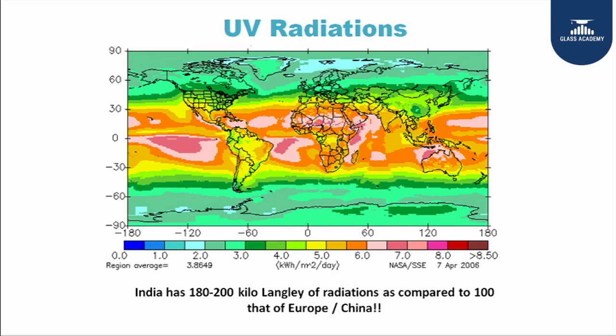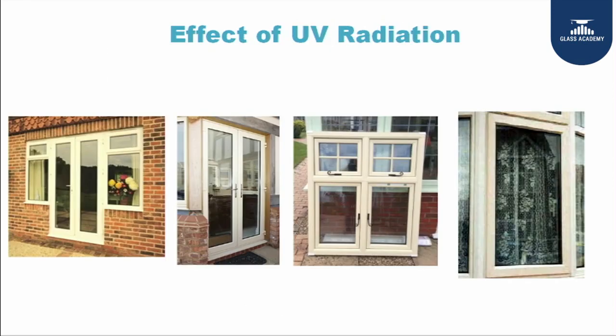Now, how do you do that is by using titanium dioxide, as we discussed in the formulation part. And if it is not done, the initial way to figure it out is the yellowness of the window. Of course, there are many other reasons, but mostly with UV impact, the first stage of degradation is the yellowing of the windows, and eventually it may disintegrate or it may break away as well.